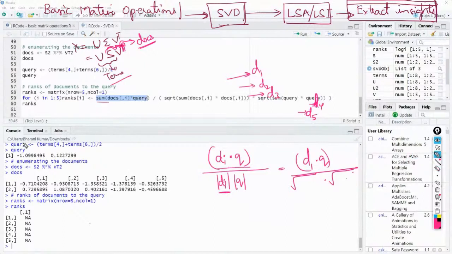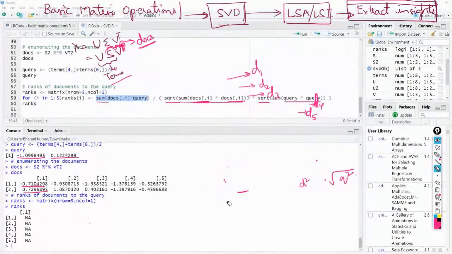What do you mean by summation here? You take this multiplied by this plus, so hence summation, this multiplied by this. For i equal to 1, that happens. Divided by square root of, multiply these two, document this and this, you'll get d square, and then take a square root of that, into, take the query term, multiply that, you'll get q square, then take a square root of that. Okay, keep doing it for all the various documents with the query.